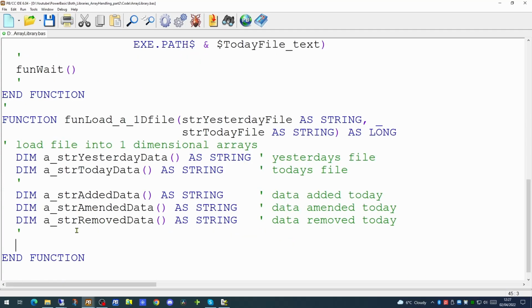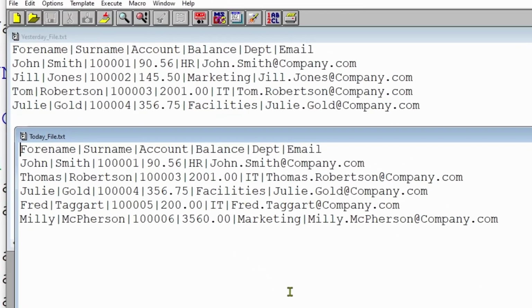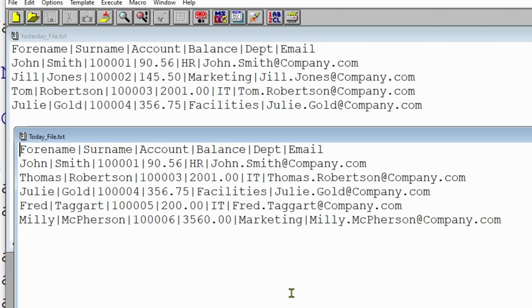Now that we have all our arrays set up, let's have a look at the files again. Both the yesterday and the today file are pipe delimited files. There is a header at the top of each file and a number of records within the file, and each record is a string which is delimited by the pipe character.